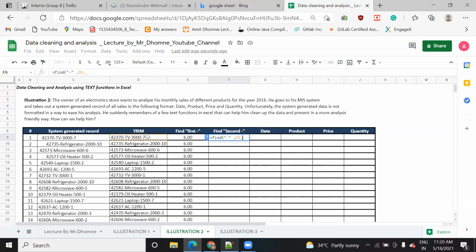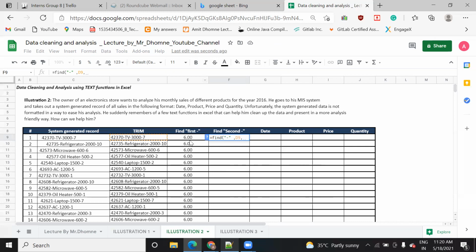Now, after what length do you need to find the hyphen? 6, right? The starting position, you will not use 1 here, because you have already found the first hyphen. Now you need to find the second hyphen, so you will start reading from here. After how many characters you will start reading, you will get from here.